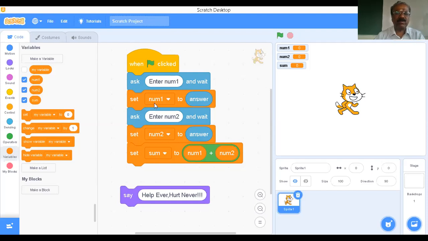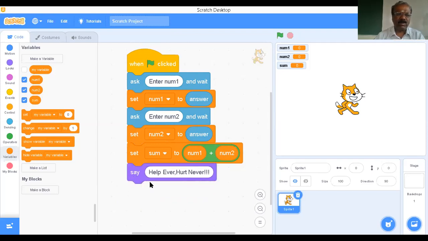So what is the purpose of using this? Get the value from the input device, then assign to num1, then get the value from the keyboard, then assign that value to num2, then add both numbers num1 with num2 and store it in sum, then display the sum on the monitor. Therefore, I'm going to get this value sum and place it here. So this is the complete program to read num1 and num2 from the keyboard, add those numbers available in the memory locations, place the result in the memory location called sum and display the sum on the output device, which is like a monitor.